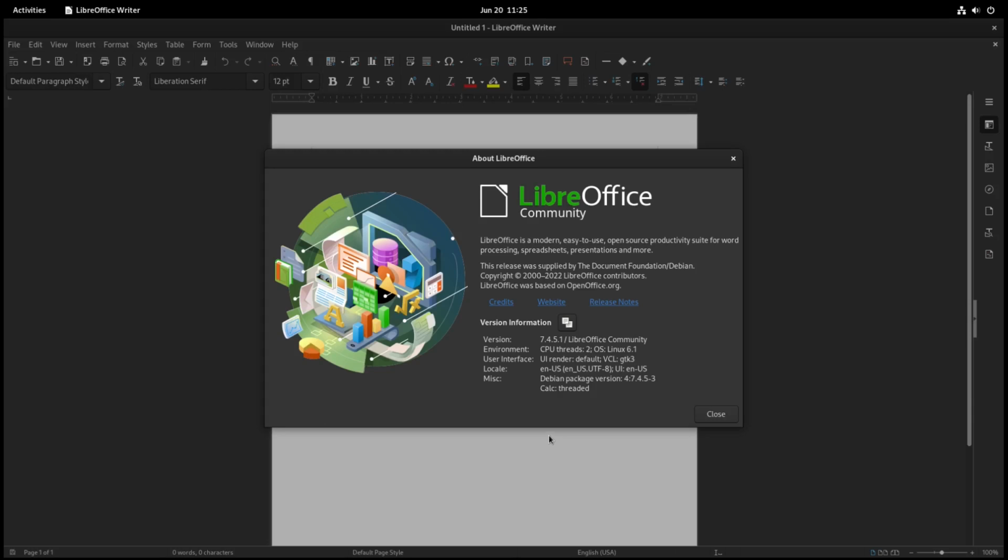In fact, I believe that the developers of Debian 12 Bookworm urge their users not to use anything less than the 7.5 version, which is the latest version. So that's odd that they would keep the 7.4.5.1 in there if they're saying that they don't want users to use anything less than 7.5, I guess for